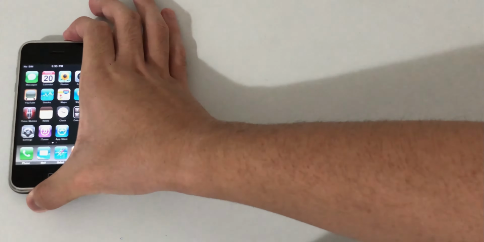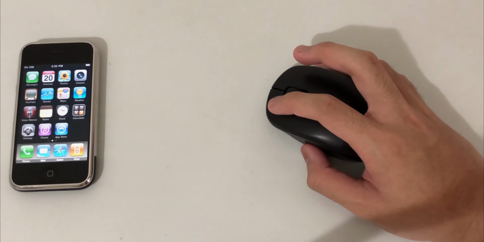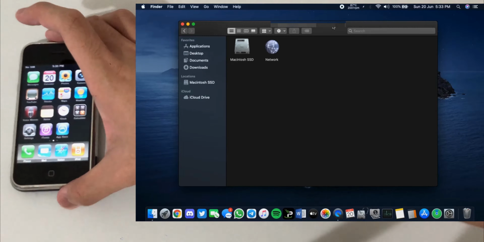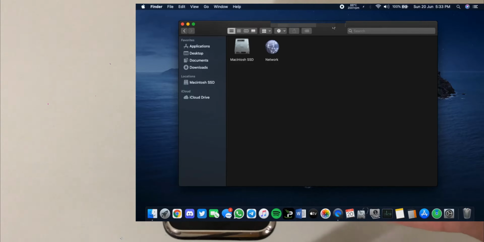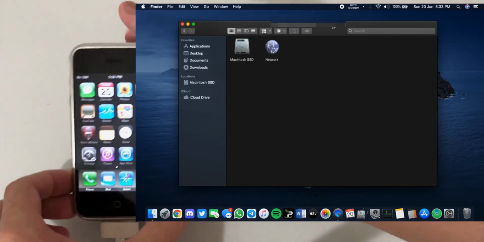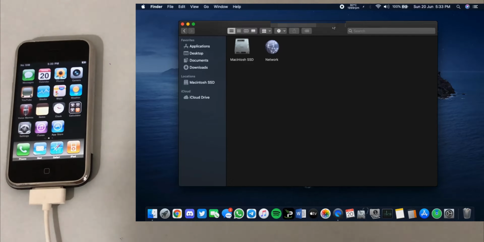And we're just gonna leave it right here. And I'm going to show a Mac display. Click it. There we go. I'm going to plug in the USB cable, and you know, this thing takes a 30 pin. Just gonna plug it in, just leave it right here. Let's grab my mouse,